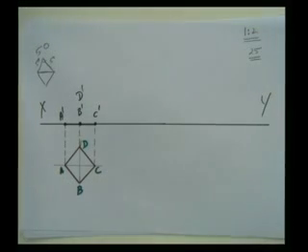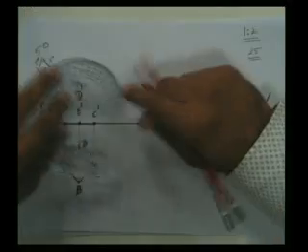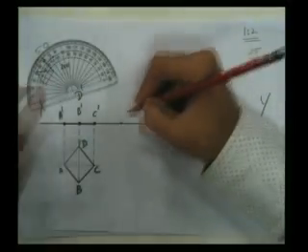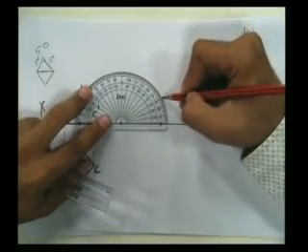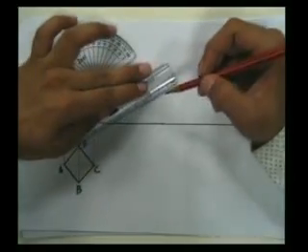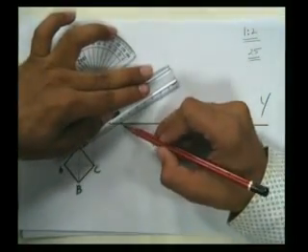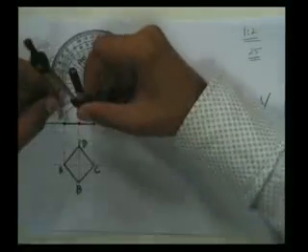The next step that we have is that we need to incline this diagonal AC 30 degrees with respect to HP. So very simple. I'll take a point, and from this point I'll take 30 degrees, and then I'll draw a simple straight line. I'll take AC,